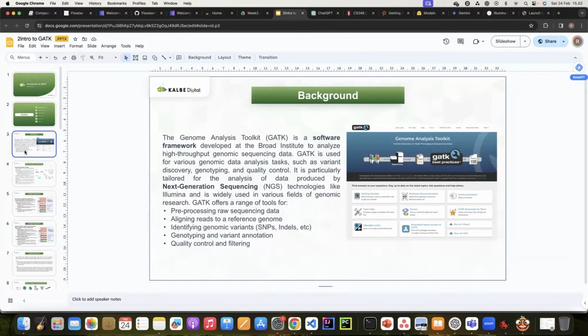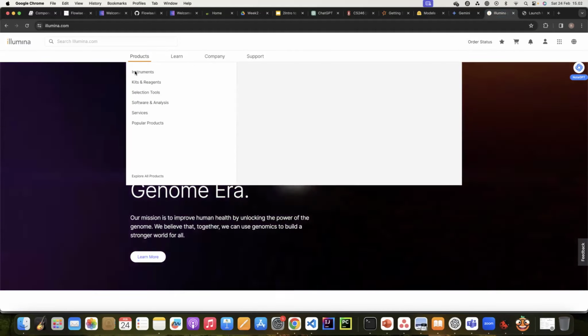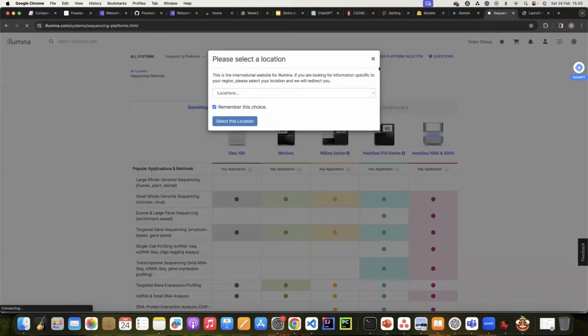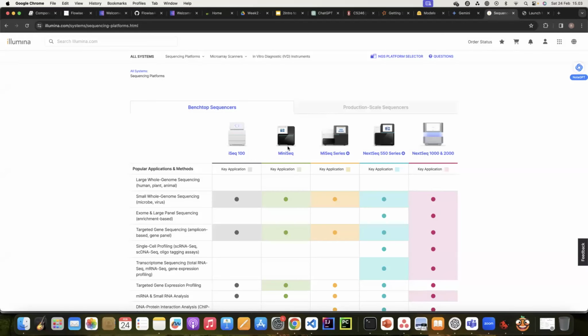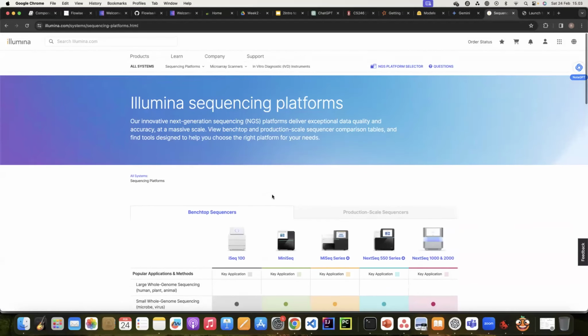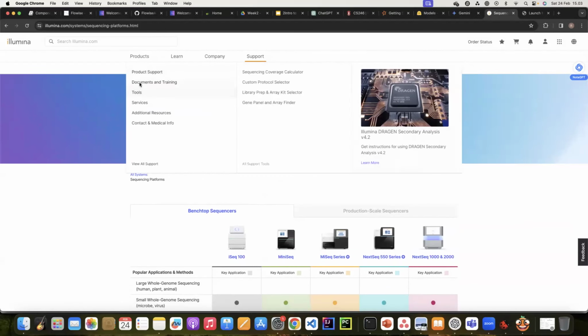So gene sequencing devices, or next generation sequencing devices, are everywhere. Initially, it cost like $1 million, but now for $50,000 US dollars you can get a device like Nano4 or maybe Illumina. So Illumina is a prominent provider for sequencing platforms. They sell many things like this kind of device, iSeq 100, MiniSeq series, next generation sequencing. Of course, there is some price if you want to get this. And they also provide some support like tools. You have to see the tools,